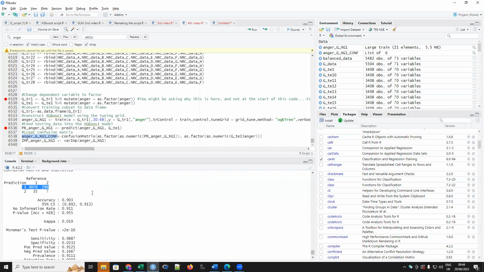It's over predicting more than 90%, right? So the most important thing that it's taking into account here is the distribution, the uneven sample size.